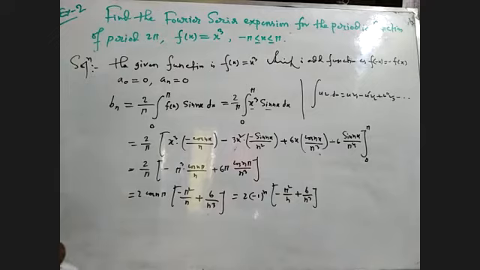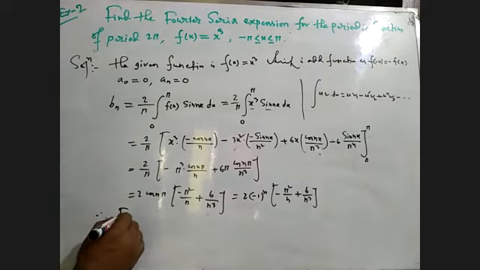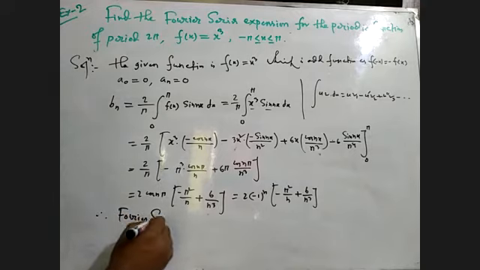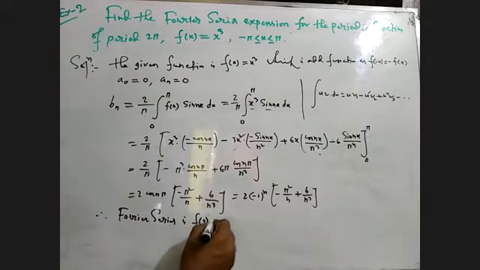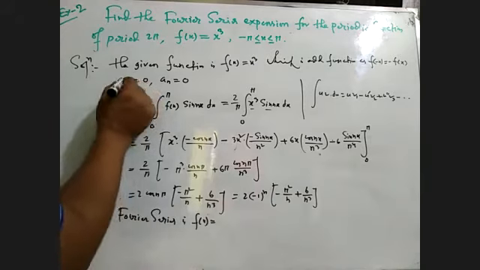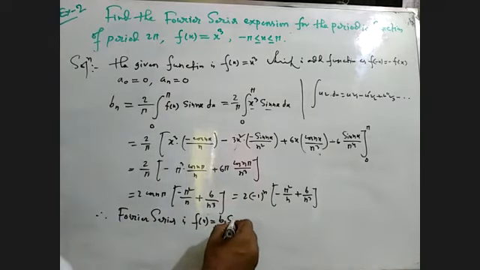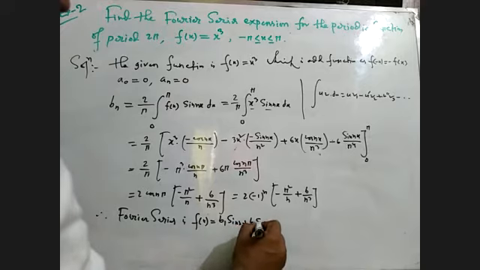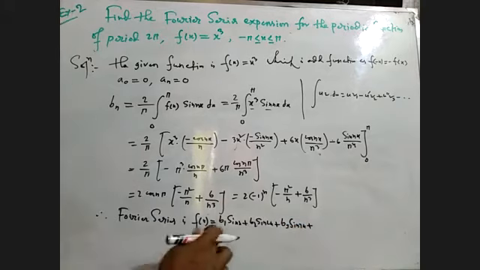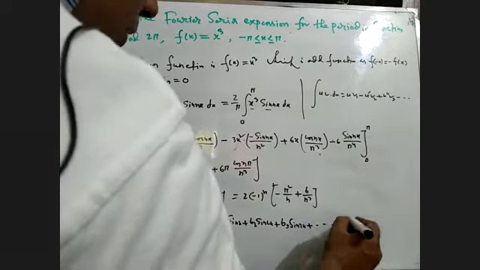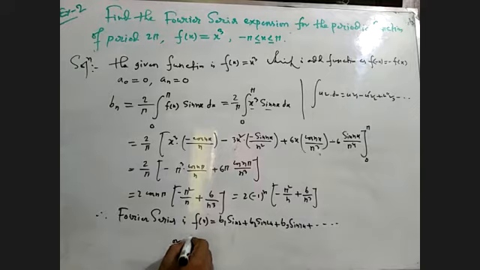Now the Fourier series is f of x equals to what? a naught by 2, all an will be cancelled because a naught equals to 0 and an equals to 0. So b1 sin x, b2 sin twice x, b3 sin thrice x, and b0 not possible because sin 0 equals to 0. This is why. So just putting, f of x equals to what? x cube.